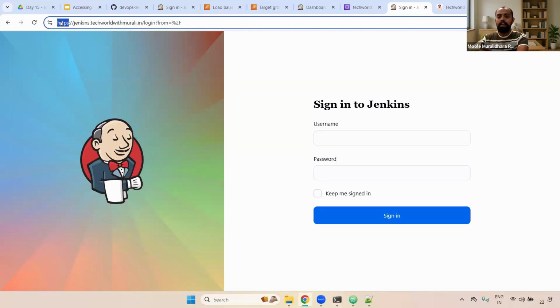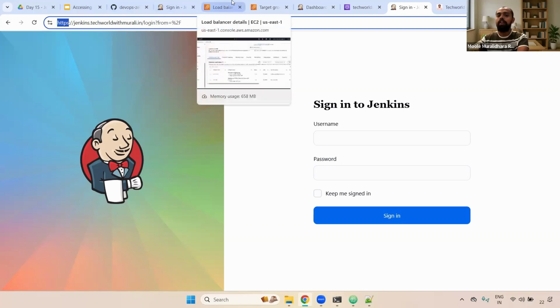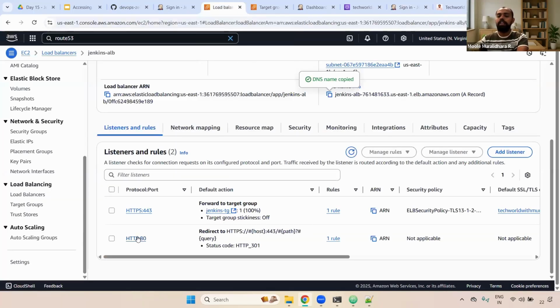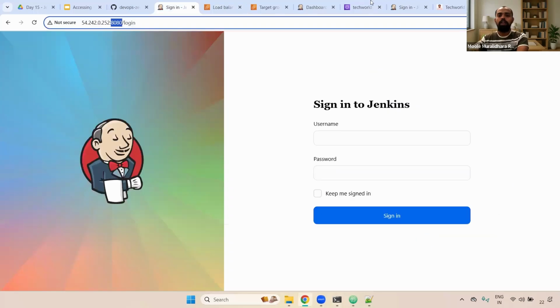Understand, right? Clear, right? Any questions? One of the most important things, guys, we always create HTTPS only. Okay, we always access using HTTPS in real time. We won't be accessing using HTTP. In case someone is hitting HTTP, then what you have to do is modify this particular 80 listener in the load balancer. Clear, right? Now here you are able to access using the DNS name